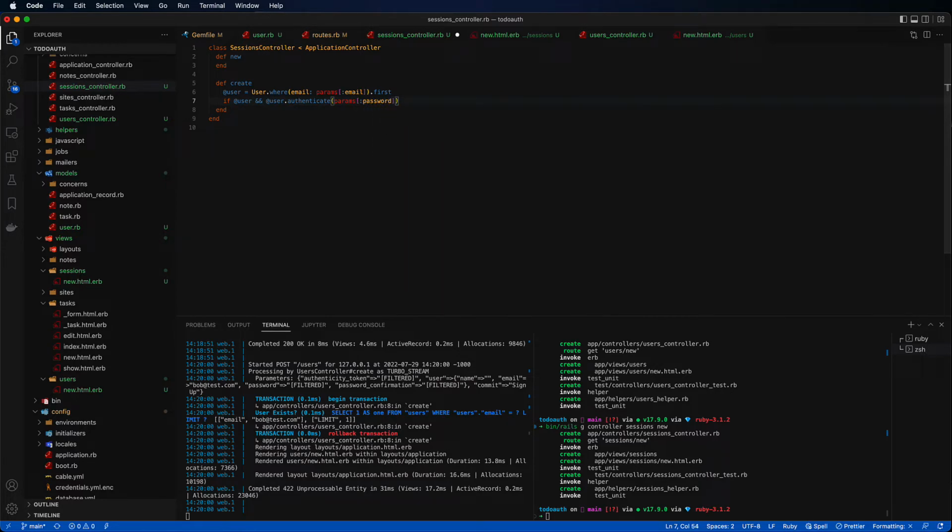And this will return true if their guess is correct. So here we want to log in the user. And if not, what we can do is we can redirect to the login path with an alert saying invalid email or password. Now, the reason why I'm saying invalid email or password is I'm not going to let them know if they happen to get the email right, but the password wrong, because then a hacker might